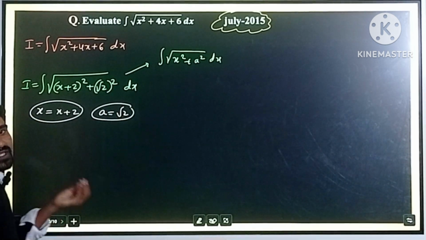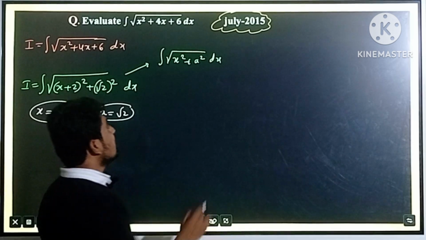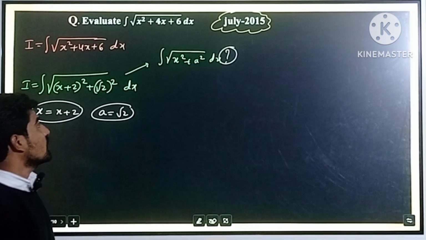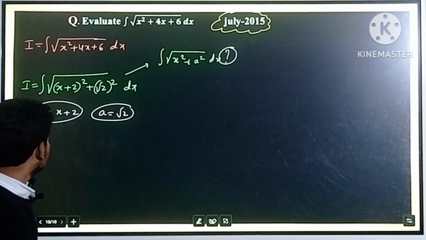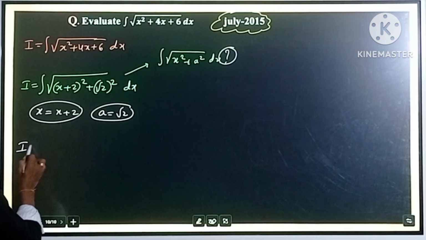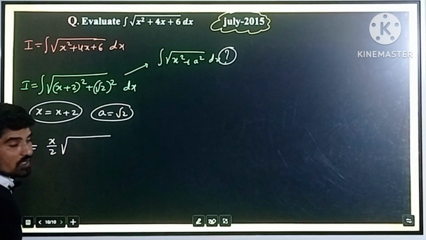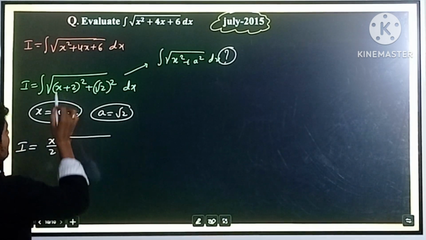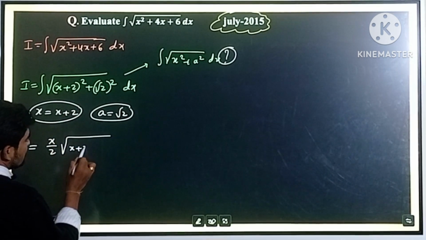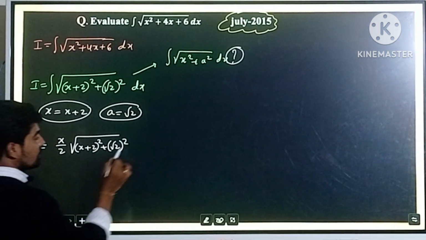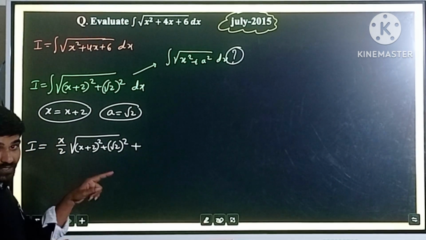Just substitute the values of x and a in the formula for this particular function form. See here, I is equal to, the formula for that, x by 2 into the square root of x square plus a square, that is (x plus 2) whole square plus (root 2) whole square, plus